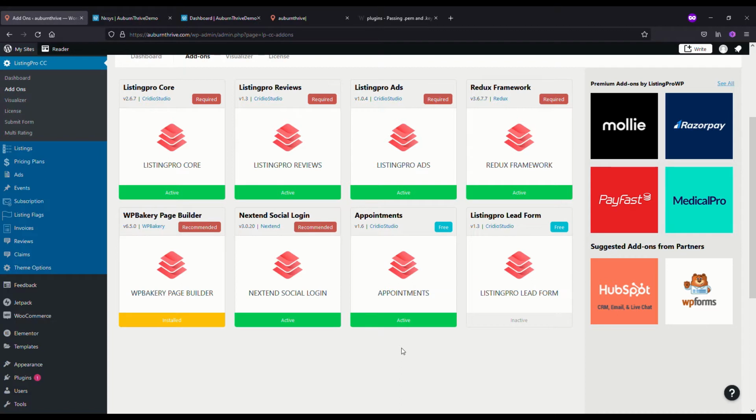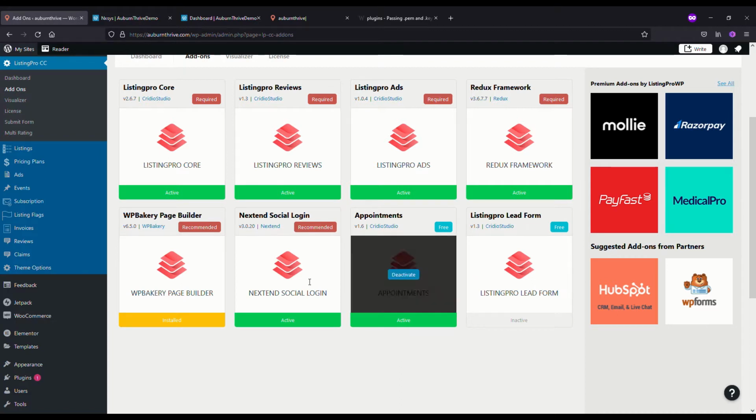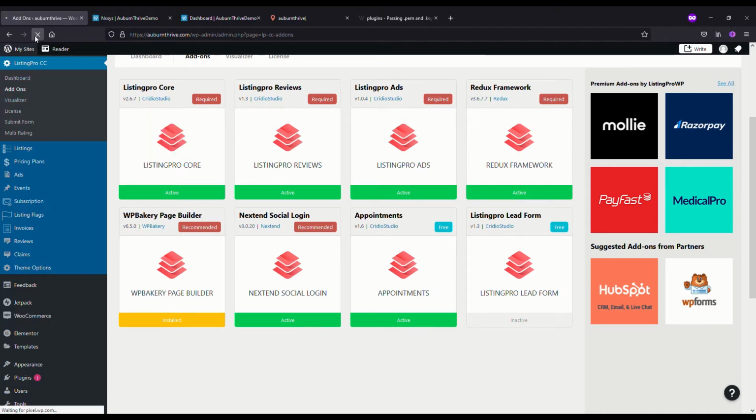Now that says active, but I know that it's actually not going to work. If I hit refresh, you'll see it's gone inactive again. And this is because I'm using WordPress.com, and if you're using WordPress.com, you actually need to request plugins for the appointments directly from ListingPro. So just shoot them a note and they will give you a download link to grab